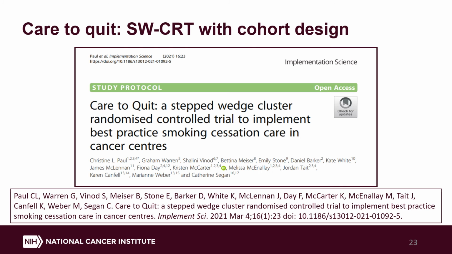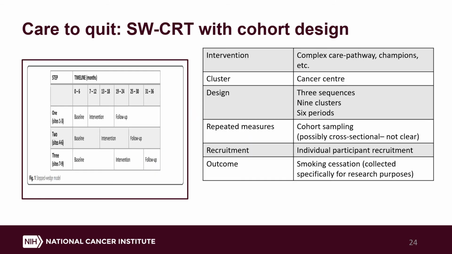The second case study is called the Care to Quit study. Now, in this study, the intervention was a complex care pathway. It included champions, best practice advice. Cluster was a cancer centre, and the design on the left-hand side had 3 sequences, so sequence 1, sequence 2,